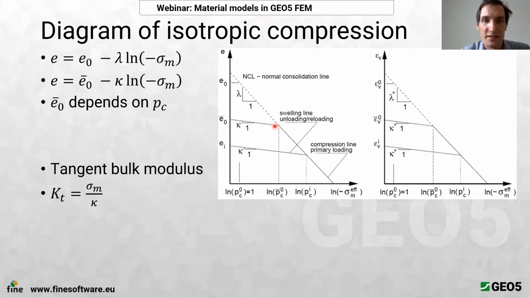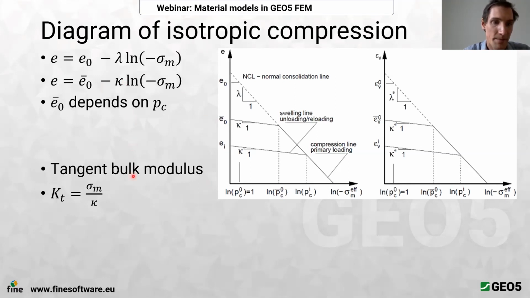When we then unload it, it increases again, but along this kappa line. This is a primary loading line, and this is the unloading-reloading line. And again, this is defined in a logarithm of the mean stress, in which this is linear, but as you saw on the slide with the oedometric test, it is a non-linear